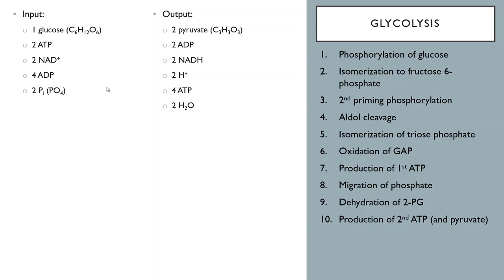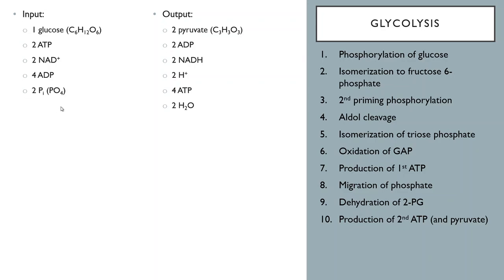This just shows the balance sheet of what we started with and what we ended up with. So again, for each glycolysis reaction, you start with one molecule of glucose. You use 2 ATP molecules. That might seem counterintuitive: if the point is to make ATP, why are we using ATP? But again, those two phosphorylation steps at the beginning, priming the molecules, involve phosphorylating them, and so that's where the ATP shows up. 2 molecules of NAD+, which are going to be electron carriers, 4 molecules of ADP, and